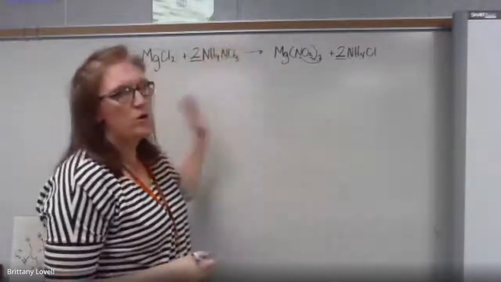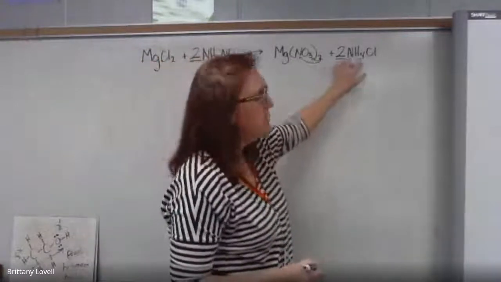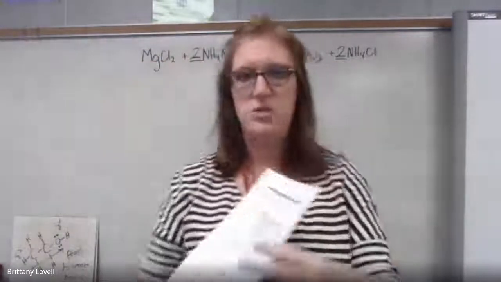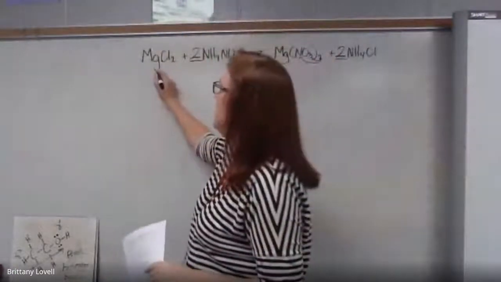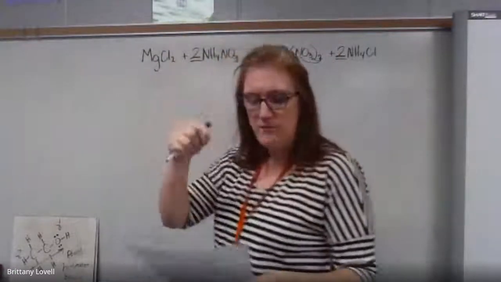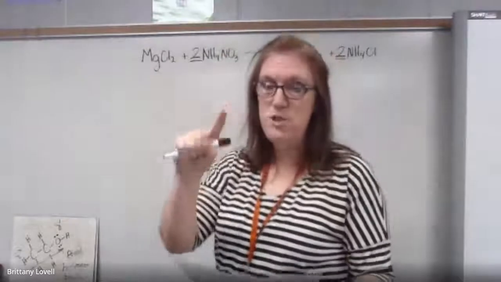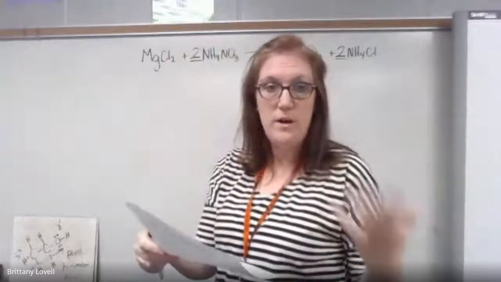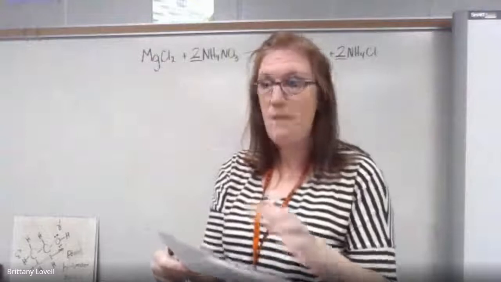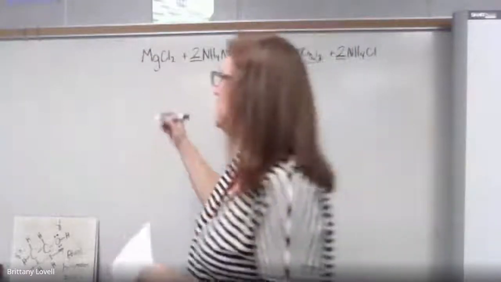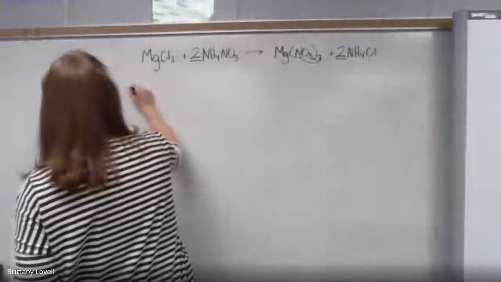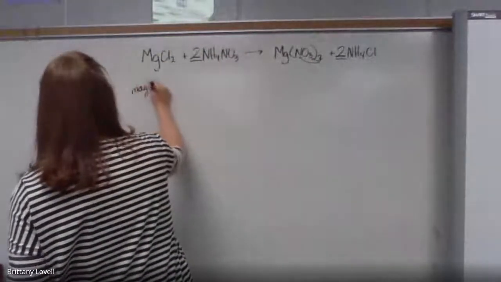So let's talk about how to do a word equation for this, okay? So that's why you have this little bank. It says you're going to have to refer to the bank. This is your word bank and your formula bank right there, okay? So you go down here and you basically just look to see MgCl2. You need to find words that match up with Mg and Cl, okay? One of the ones that is listed under ionic compounds, because that is an ionic compound, is magnesium chloride. So to write the word equation, I would say magnesium chloride,